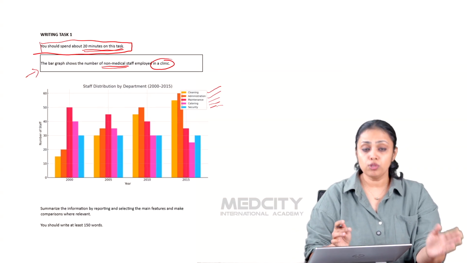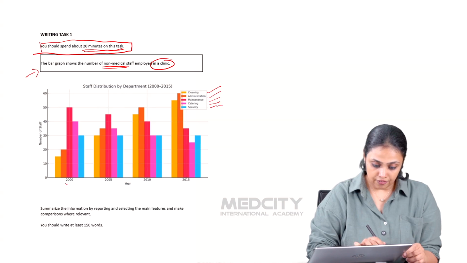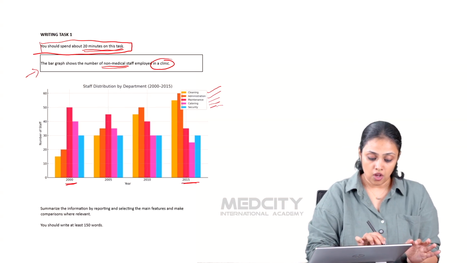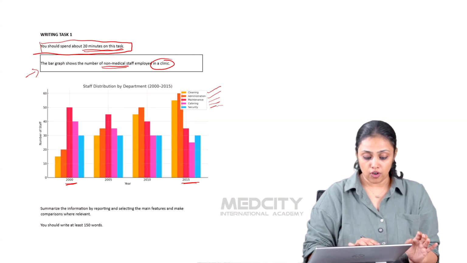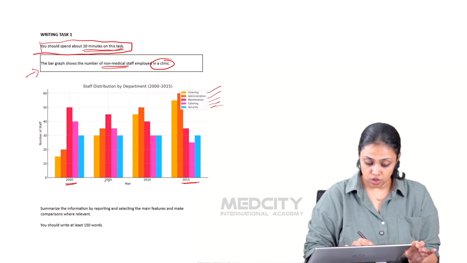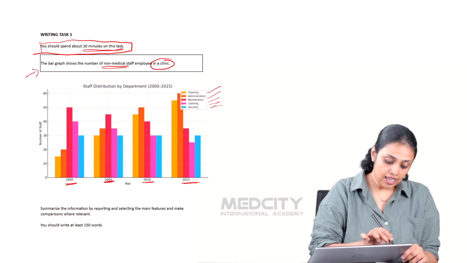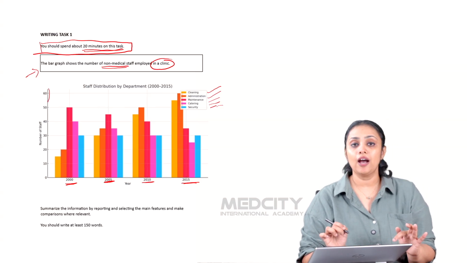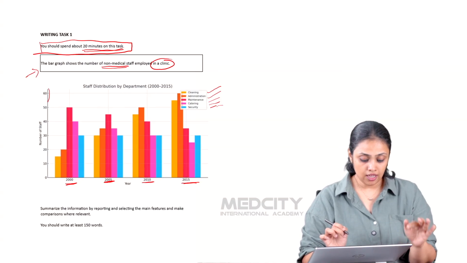Now, the staff distribution is plotted over a period of 15 years, starting from 2000 to 2015. You can see on the x-axis the values plotted for 4 different years: 2000, 2005, 2010 and 2015. And along the y-axis, you have the number of staff under each of these categories over these